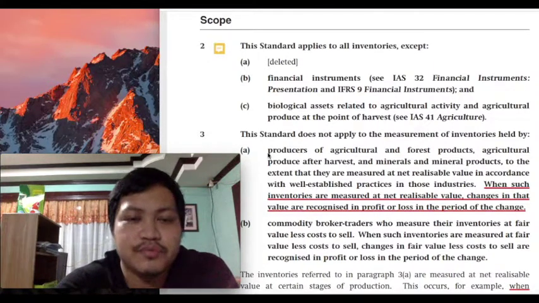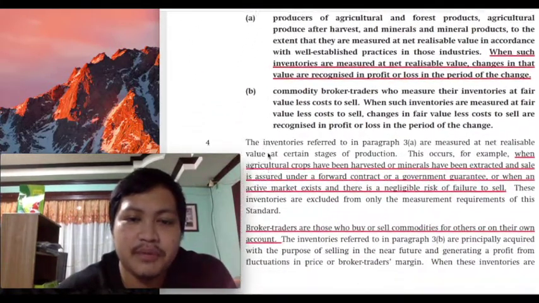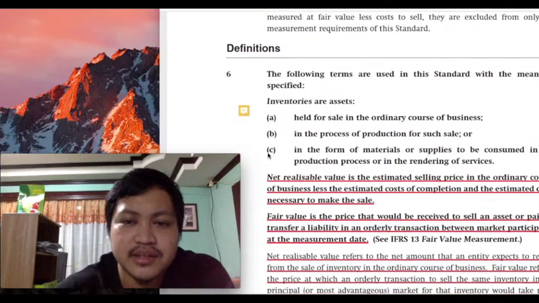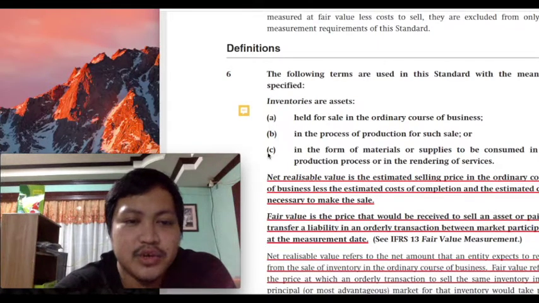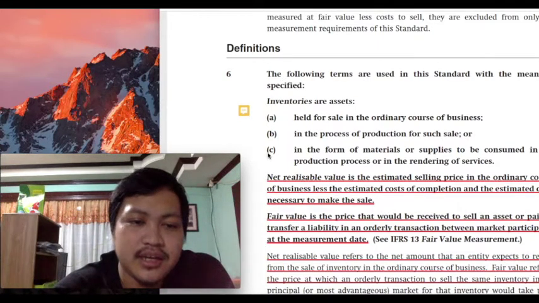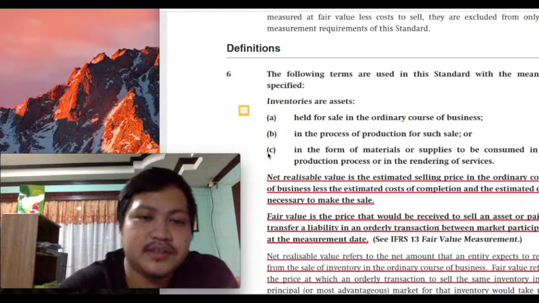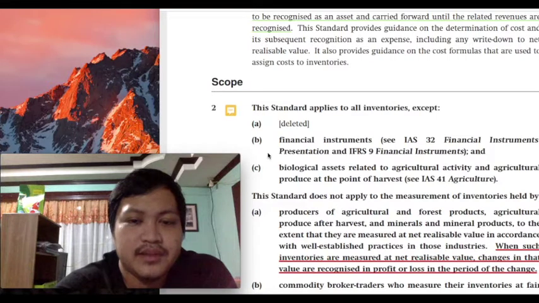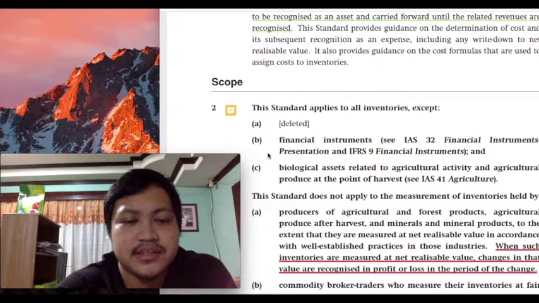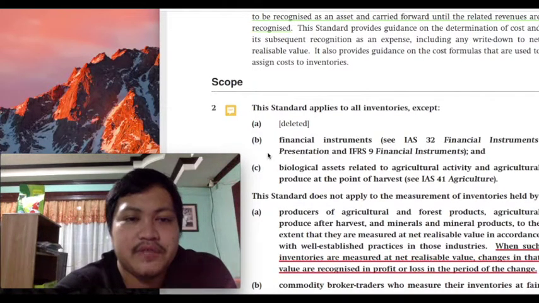But again, even though they qualify in the definition of inventories, they are not to be governed by PAS 2. If we quickly go over the definition of terms, class, for inventories, you would see my point that inventories are assets that are held for sale in the ordinary course of business. You can have financial instruments, biological assets, and agricultural produce that are held for sale in the ordinary course of business. So does that mean those 3 are technically not inventories? The answer is no. They technically fall in the definition of inventories. It is just that they are not to be governed by PAS 2 because of their special nature, and that is why different standards exist to deal with them specifically.